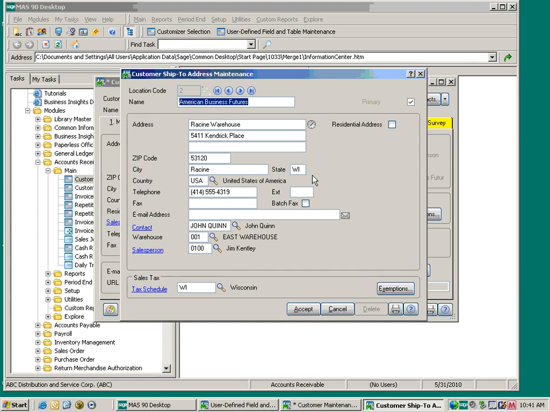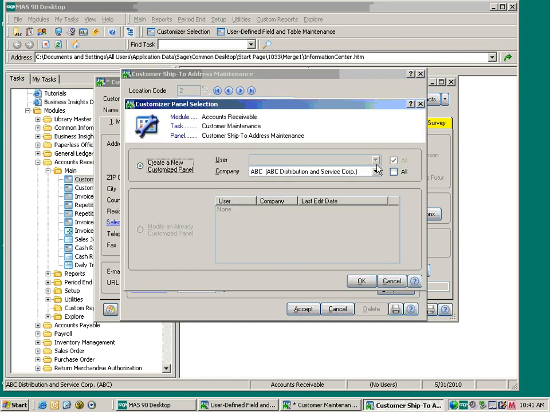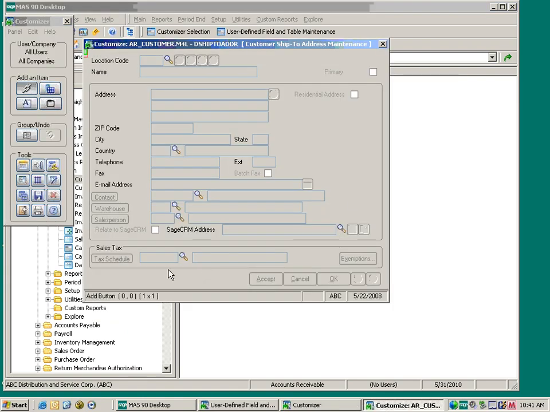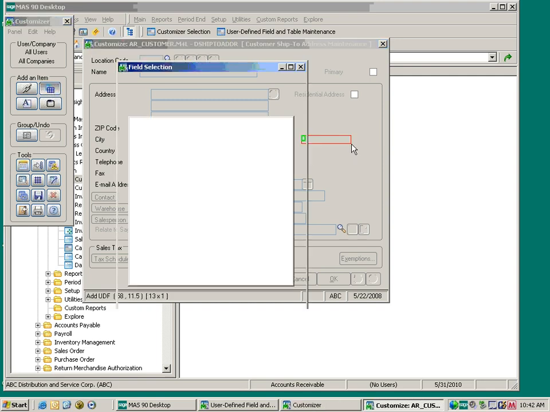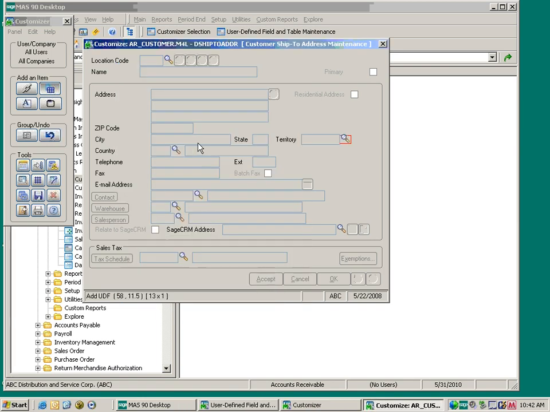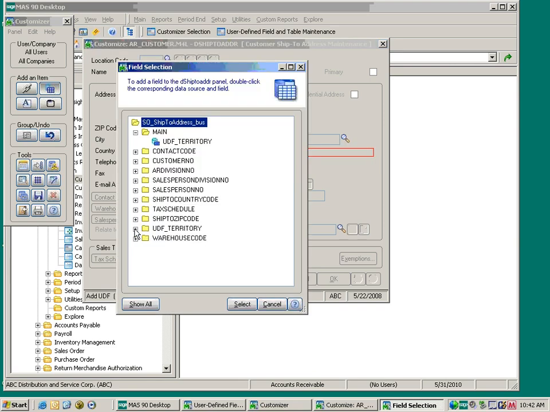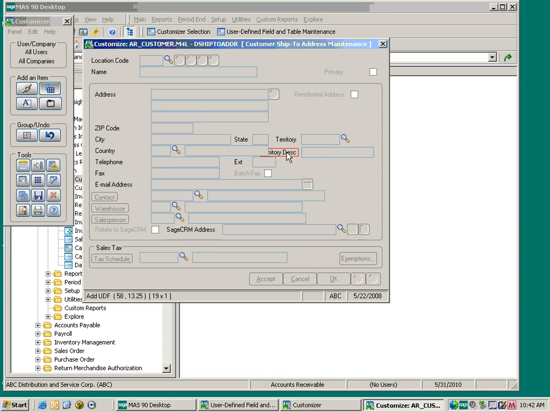So this is the form I want to add the territory to. So I'm just going to hit Control F9, and remember I can Control F9 or right click anywhere, or not on all forms, but Control F9 right here. I'm going to say all users, all companies. And so got a little extra real estate, so I'll go ahead and put this right here. There's my territory. Now we'll add the description right below it. And that's for my territory